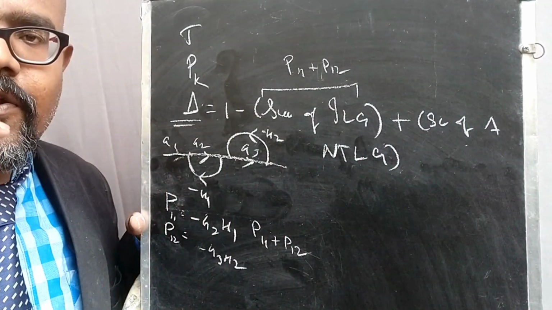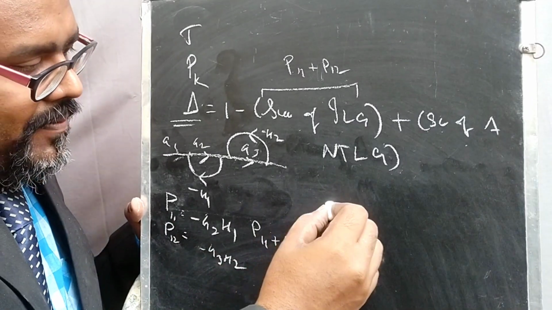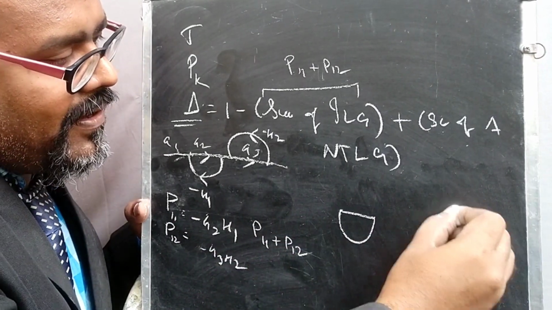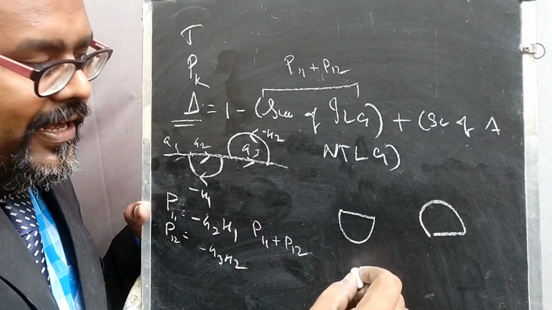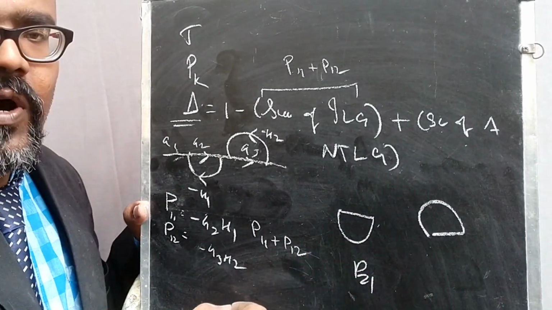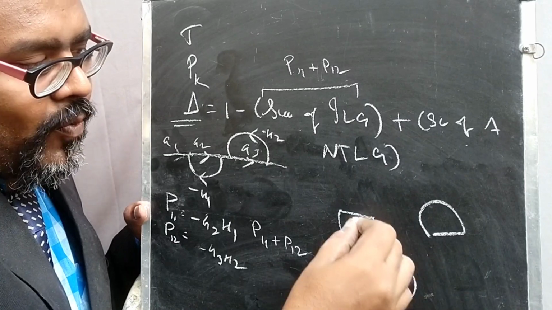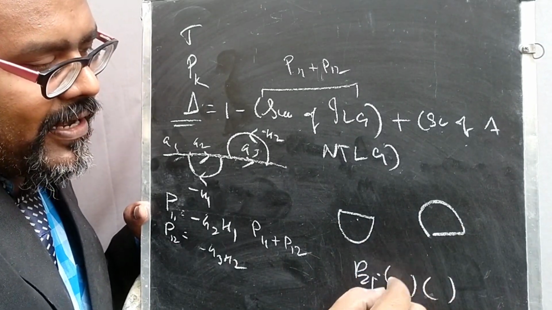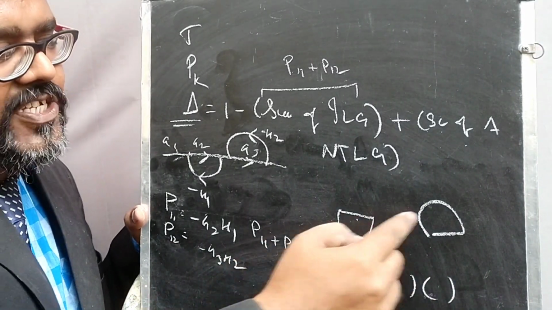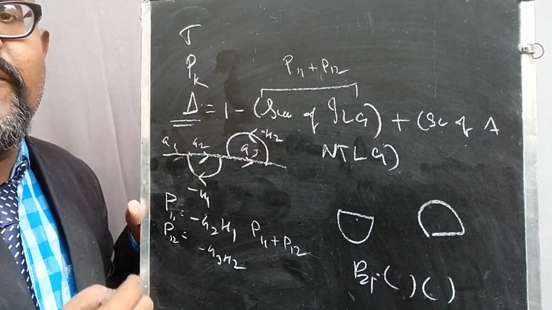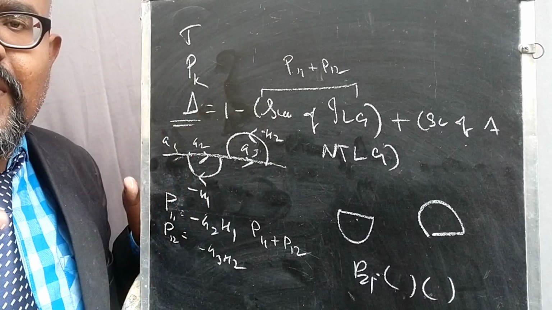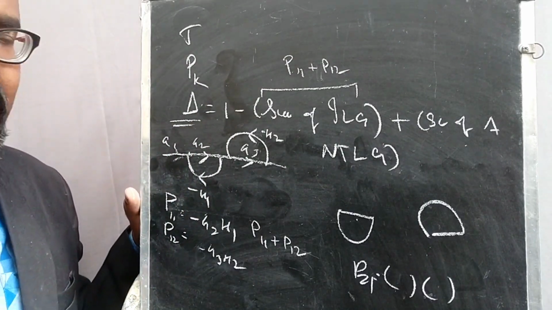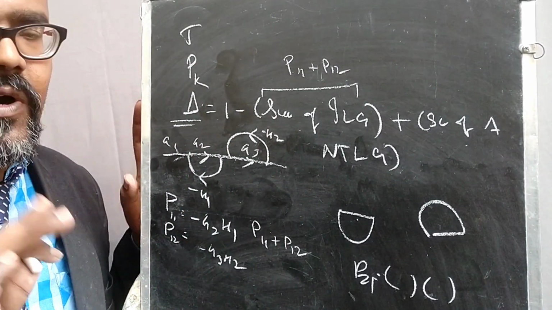Here we need to take two loops, because a pair of loops indicates this. Take an individual loop gain here and an individual loop gain here. Take a suffix as P21, then calculate gain 1 here and gain 2 here. The multiplication of these two loop gains is considered as the non-touching loop gain term. If you put all this together, then we can calculate the value of del. So this is the third variable you need to calculate.